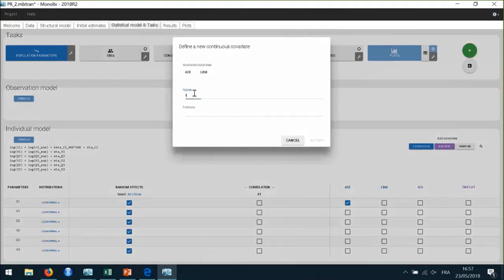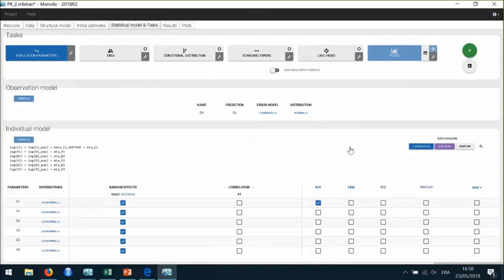So I can define a new covariate that I can call TH, for example, as the log of age divided by the typical value, which is the mean in the data set. Then I can replace age by TH, and this now corresponds to a power law. So the new parameter beta CL TH now has to be estimated.